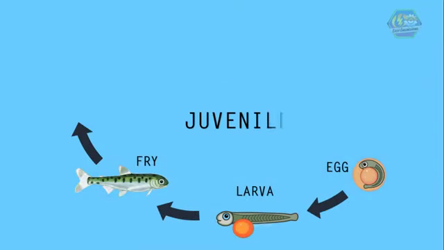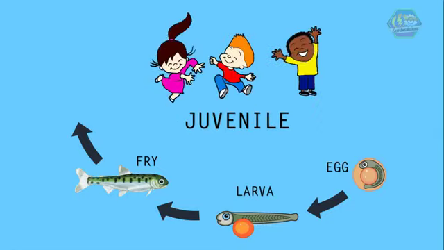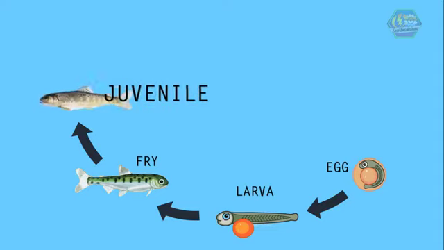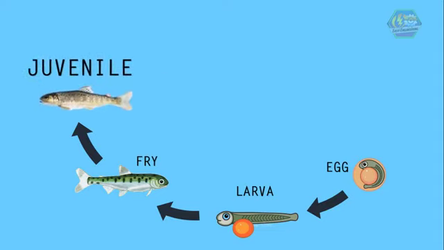Next is the juvenile. Humans also have juveniles, but it usually means the behavior of a person, meaning kid-like behavior. The end of the larval stage for fishes is the start of metamorphosis, meaning fishes change their physical characteristics. For example, the fish grows fins and body parts, or they could change their body color. If so, they are then considered as juveniles. Juvenile is a point of high mortality in fishes, meaning only a few survive.